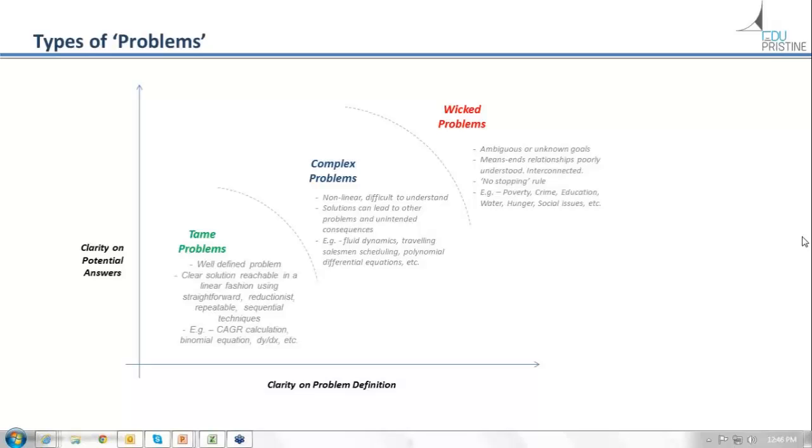Now from ROI, I can still break it down into smaller problems where I just speak about investment and probably the profits that I'm going to get from these investments. So those are slightly easier problems to solve. And as I'm breaking this down into smaller problems, it starts becoming an easy problem. And the moment it becomes an easy problem, you can always use any of these tools. Even a calculator could be sufficient.